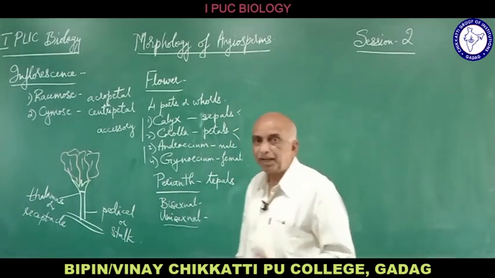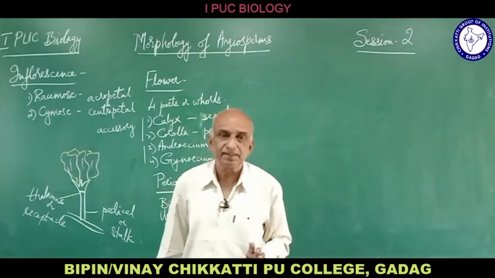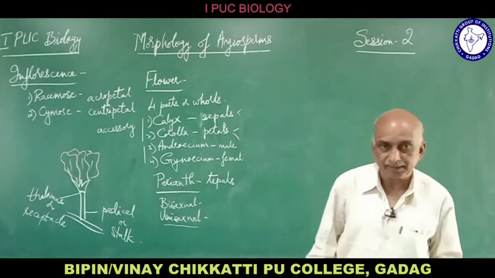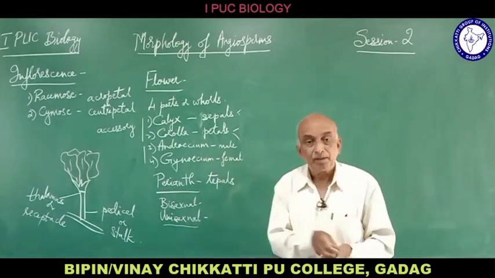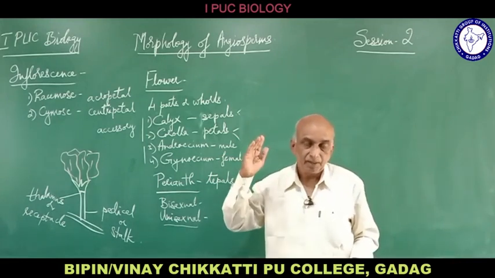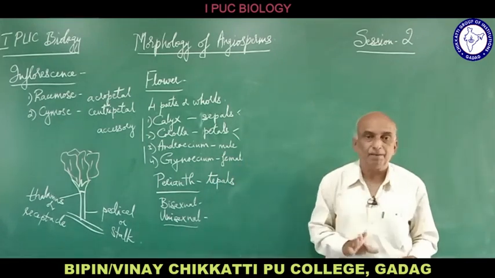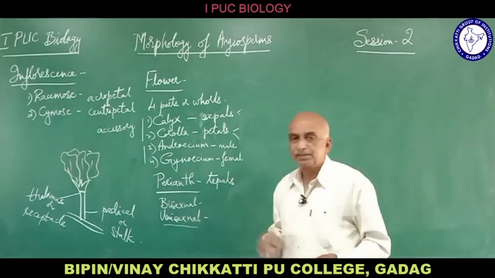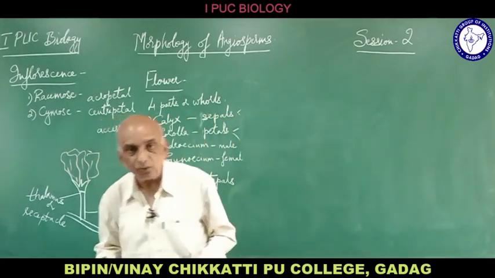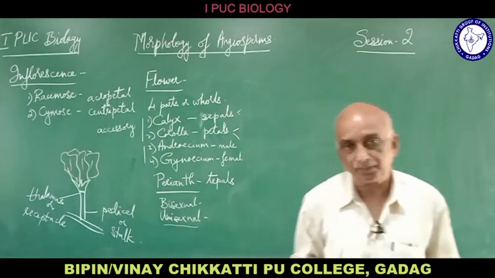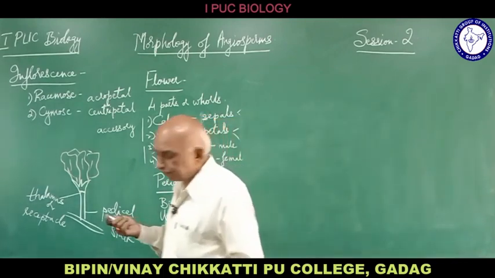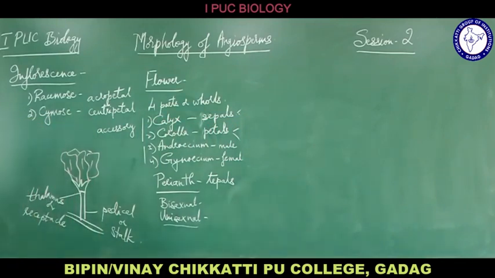Now in a coconut plant, if you see the inflorescence of the coconut plant, that is the floral axis containing the flowers. In that floral axis, half of the flowers are male, especially at the tip of the inflorescence. At the base of the inflorescence, they are female. So these are unisexual flowers. Again in papaya also we find unisexual flowers. In cucumber also we find unisexual flowers. So like that, unisexual flowers may be present in some plants.